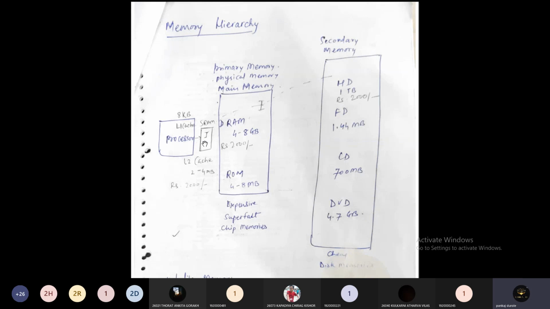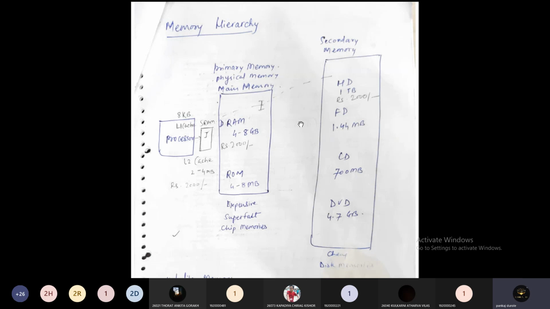And this is the interface between your main memory and the processor. In the processor, there is L1 cache. It is of size in KBs, 8 KB, right? And from there, the data is given to the processor, right? What is the architecture of the processor? We are aware about that. That is not the point to be discussed here. So